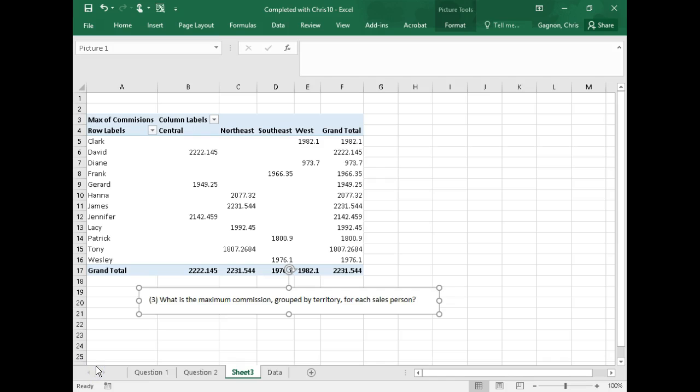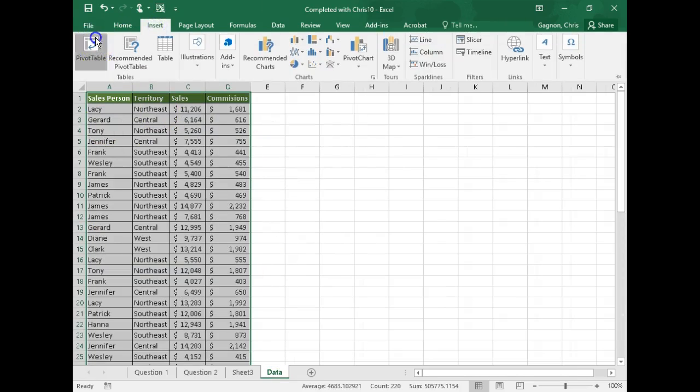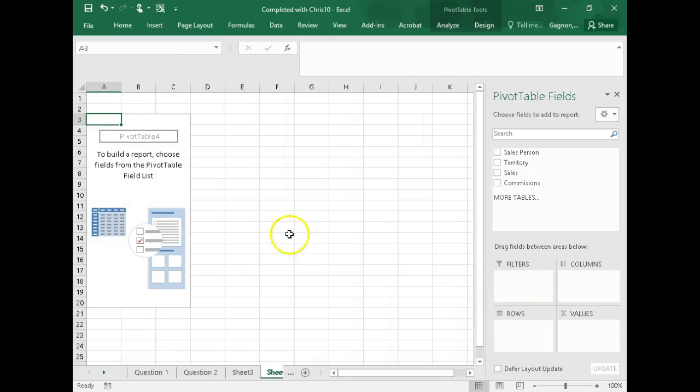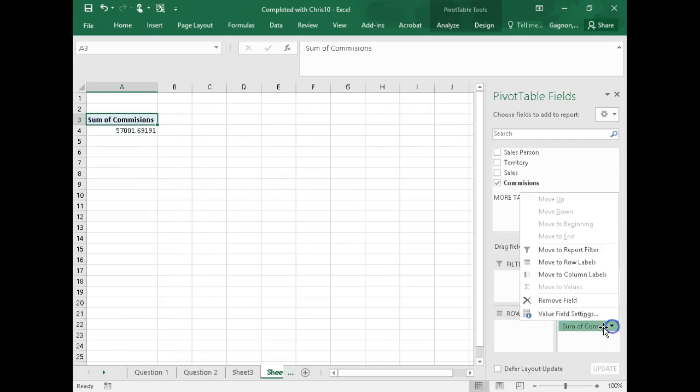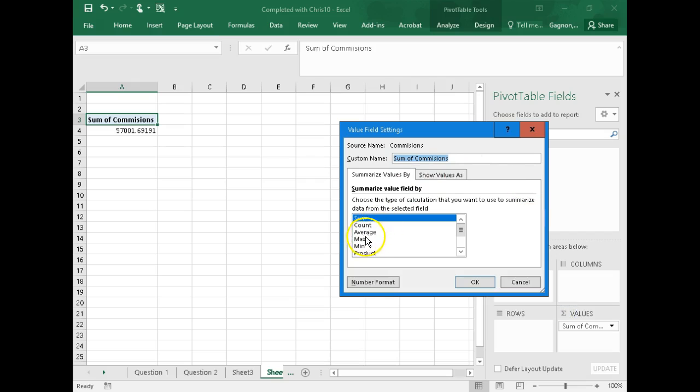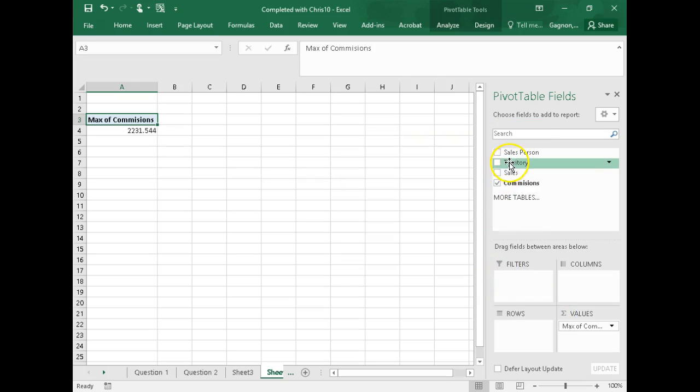Okay, there is a problem here in the sense that the original question did say that we wanted to group these by territory. So I think we need to go back, and I'm going to just do this again. So I'm going to go and insert a 3rd or 4th pivot table, and I think what's going to happen is we're still going to do commissions. We're going to do the maximum of the commissions,